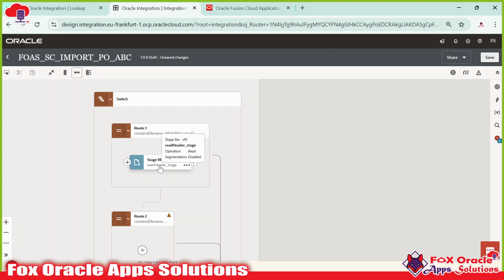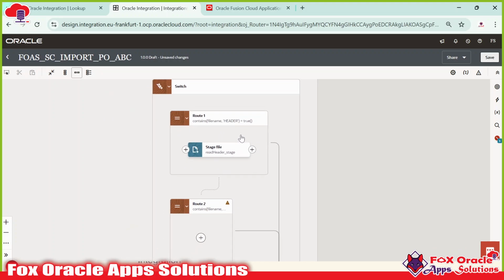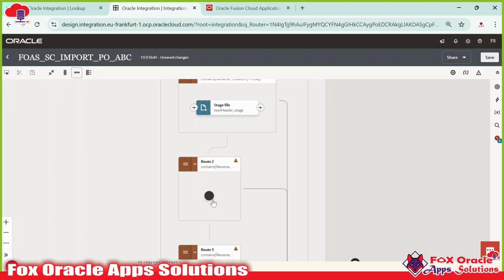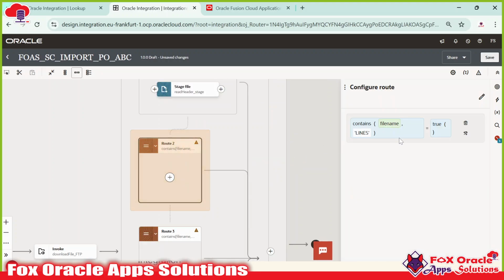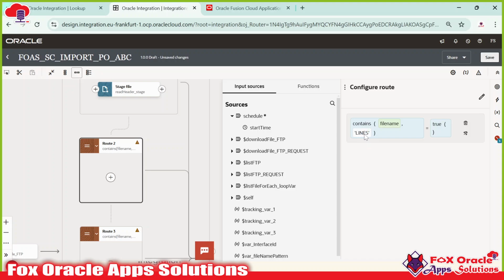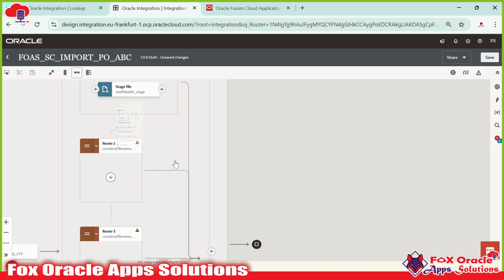So now with the help of this endpoint, we are able to read the file. Now let me add another stage file to read the lines file. The second condition is for reading the lines file. You can see, if I click here and show you the conditions, the second condition is for reading the lines file. So now again I have to add a stage file,